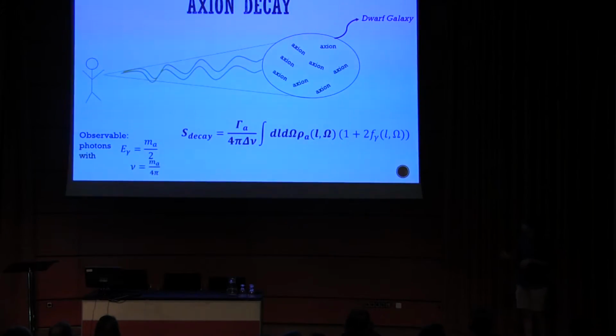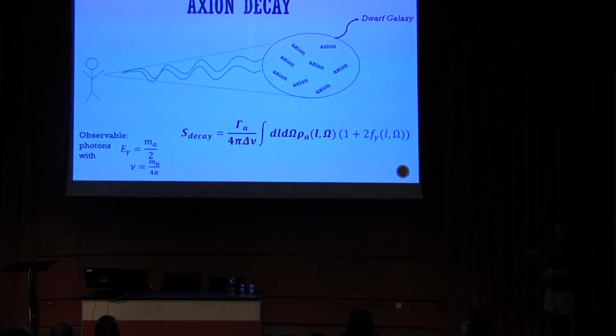From this picture you can understand two things. First of all, I'm not good at drawing. Second, the targets here are astrophysical. You look, for example, at a dwarf galaxy or a galactic center, and you assume that it is made of axion dark matter. Some of it will decay through the anomalous diagram into photons. Then you point your telescope at this target, and you look for this photon at a very precise frequency.